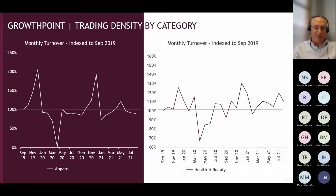If we look at the Growthpoint portfolio, let me just make a comment here. What we've done with these slides is we've indexed turnover; this is reporting on monthly turnover on a year-on-year basis. This is not density. And what we've done is we've indexed this to September 2019. So September 2019 would have been indexed to 100%. And we've taken September 19 as the base data because it was probably the last clean month that we had